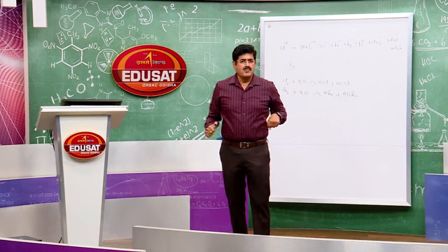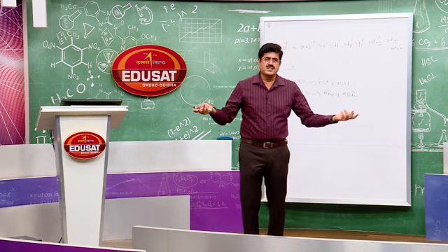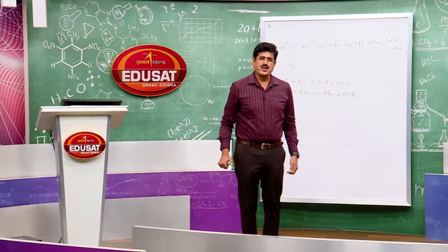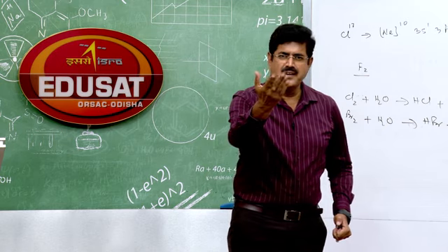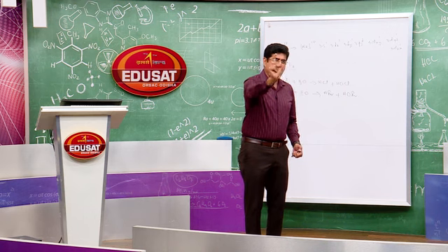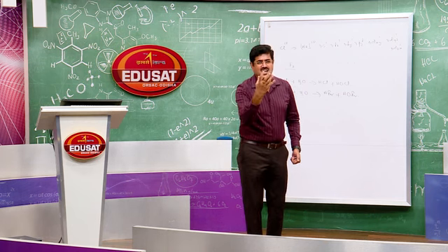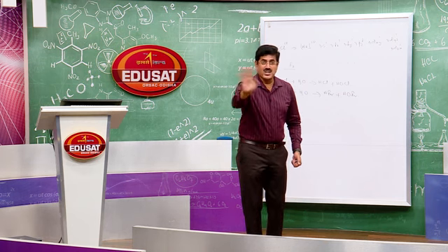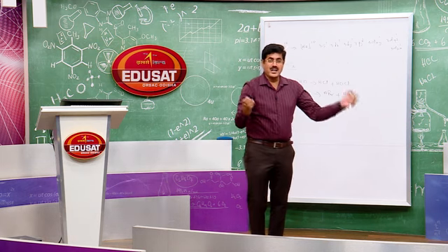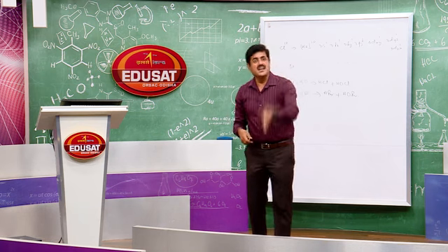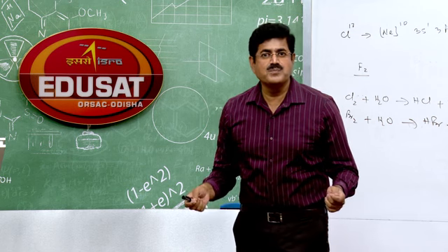Coming to the boiling point order, a very important question. They may ask you to arrange the halogen acids in decreasing order of their boiling point. Which halogen acid has the highest boiling point? Yes, it is HF. Why? Due to intermolecular hydrogen bonding. Fluorine is the element which can form hydrogen bonds. Chlorine, bromine, iodine, being large in size, can't form hydrogen bonds. So HF, because of intermolecular hydrogen bonding, has the highest boiling point.